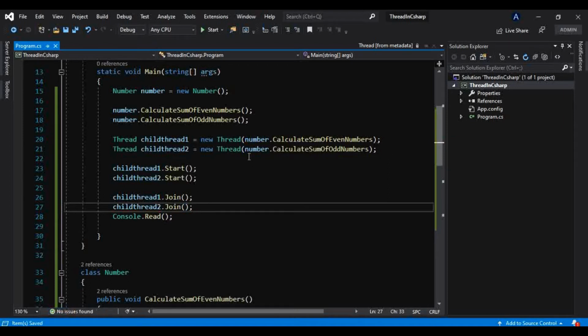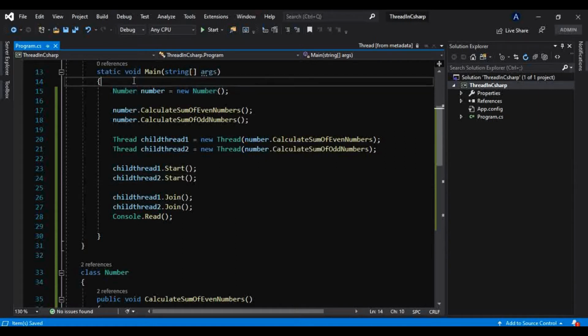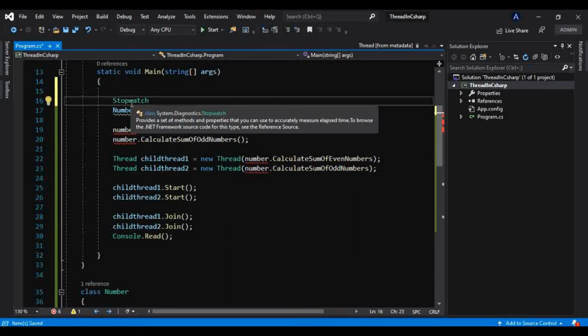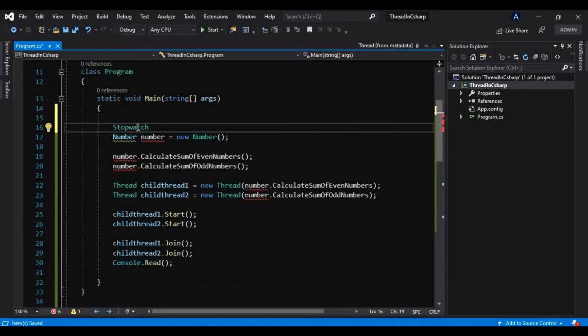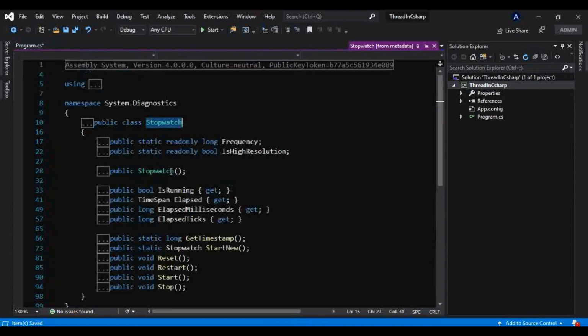So now I will create one class here, that is Stopwatch. This Stopwatch is present inside a namespace, and if I go to the definition of that Stopwatch, it is actually present inside the System.Diagnostics namespace.